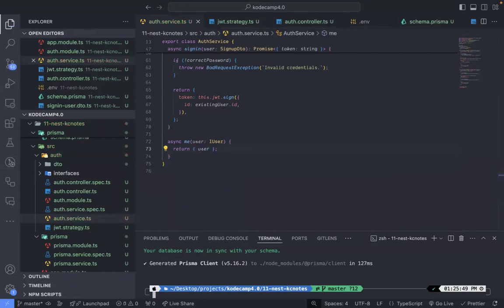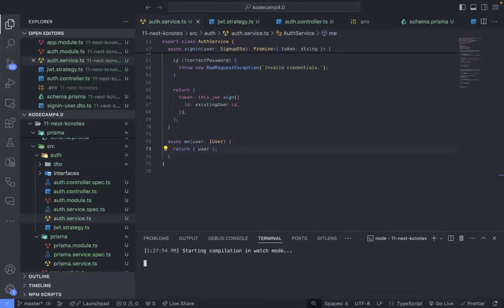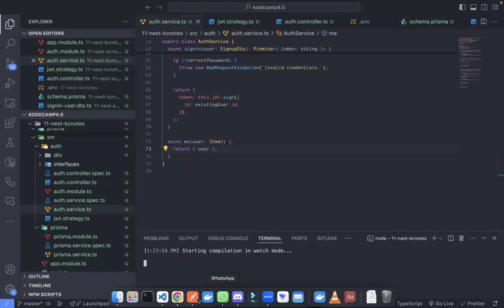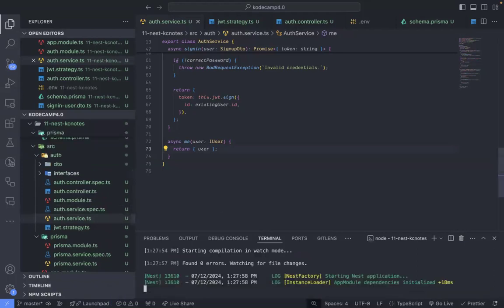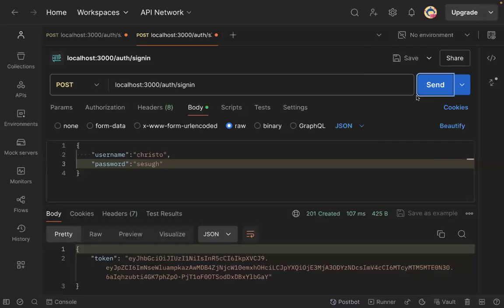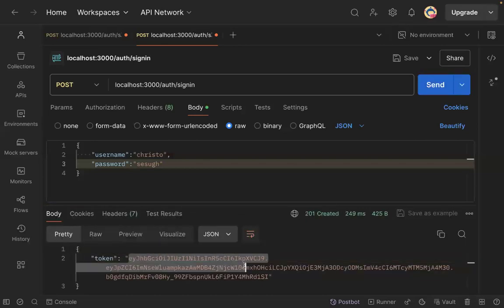Okay, so now we start npm run start:dev. Okay, let's head over to this place and let's sign in once more. Okay, so we've got a new token. Let's copy the, okay, let's first of all add a